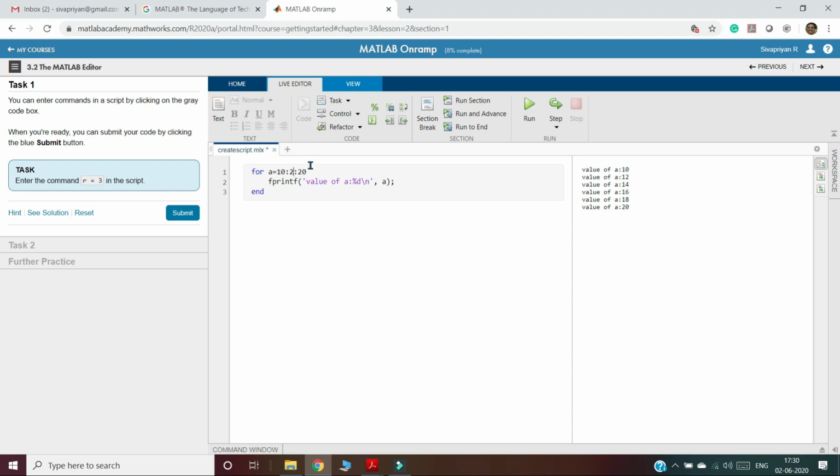If I forget to put the increment value, then it will be incremented automatically by 1. In this way you can implement the for loop. So as of now we learned how to use the if statement, if else, then if else if else. After that the switch case. Then finally we discussed how to implement the for loop.